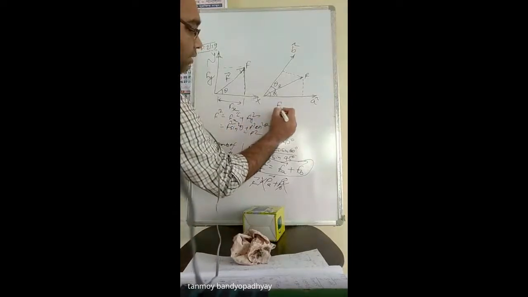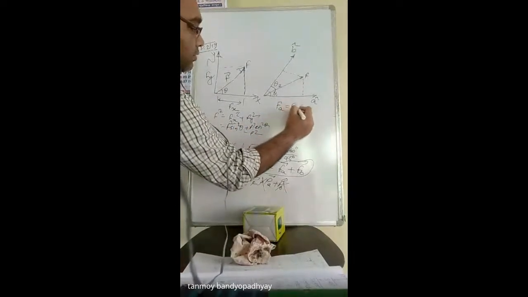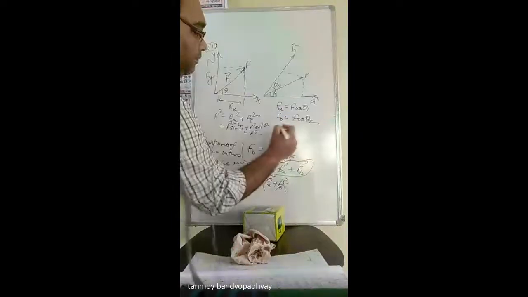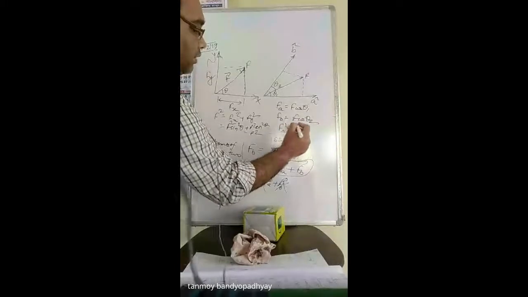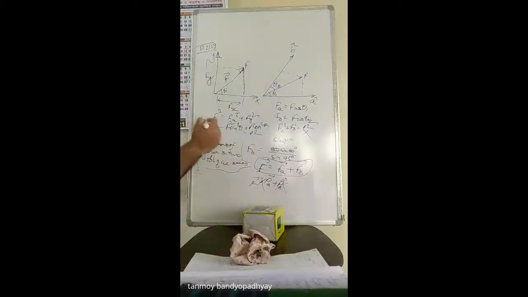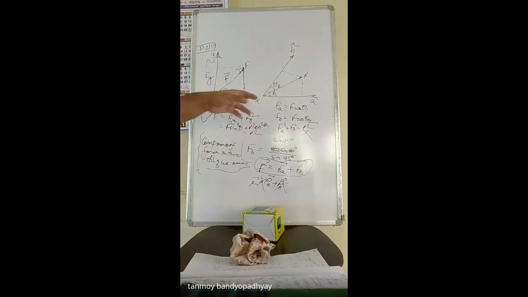সো এই কেসে আমি যদি কম্পোনেন্ট নিই, fa will be equal to f cos theta 1 and fb will be equal to f cos theta 2। এবার যদি আমি fa plus fb স্কয়ার করি তাহলে কি আমার f স্কয়ার আসছে? এটা তো আসছে না। সো এই কেসটা ট্রু হবে when the components of the force on orthogonal axis এর ক্ষেত্রে, projections will be equal to the components. If it's a different case actually, when the axes are inclined to each other and the included angle is not 90°, in that case the projections and components will be different.